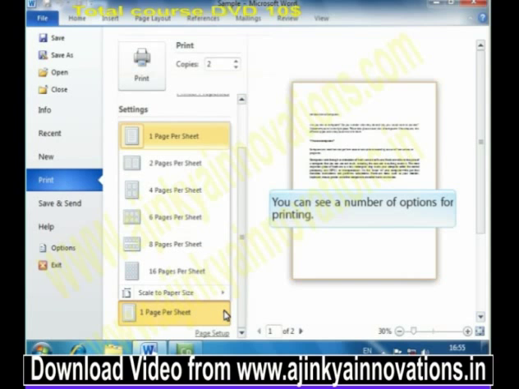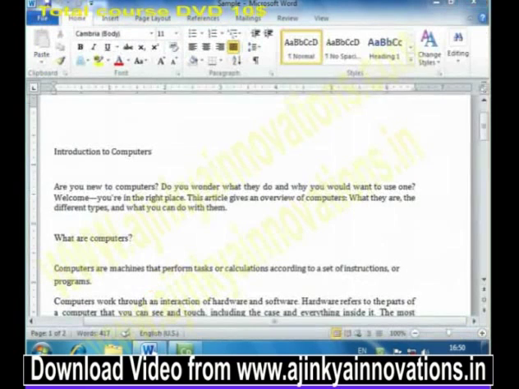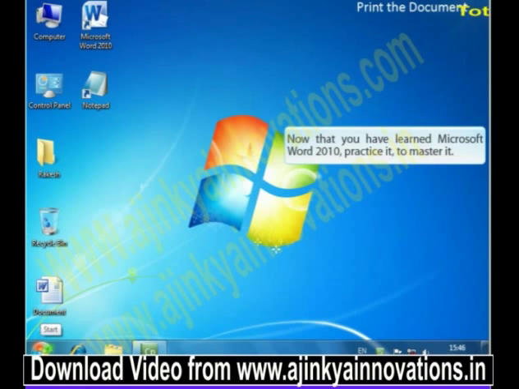You can see a number of options for printing. Select the File tab to go back to the document. Now that you have learned Microsoft Word 2010,